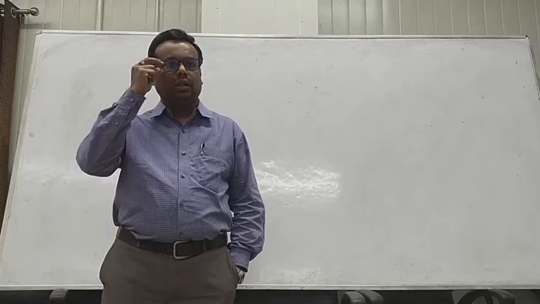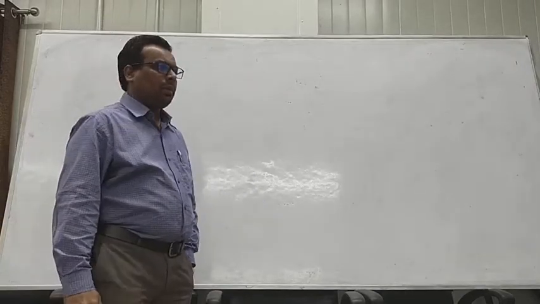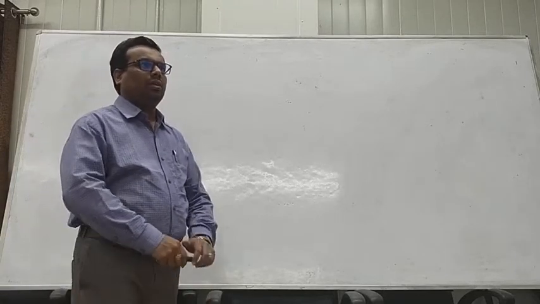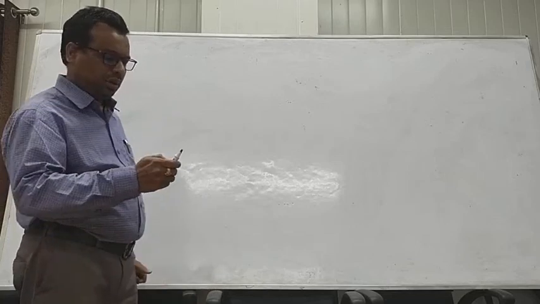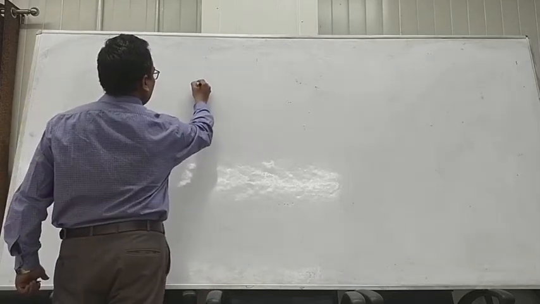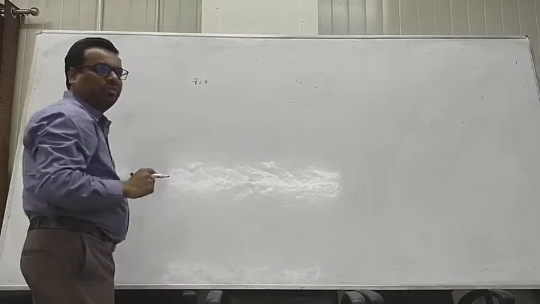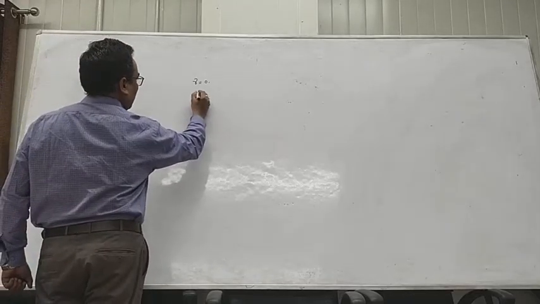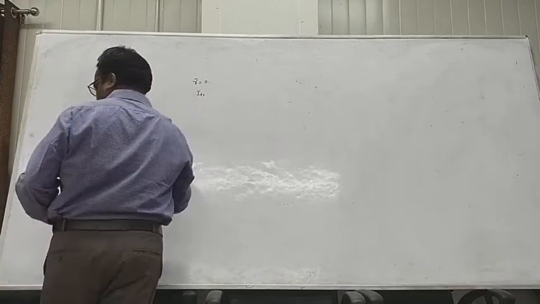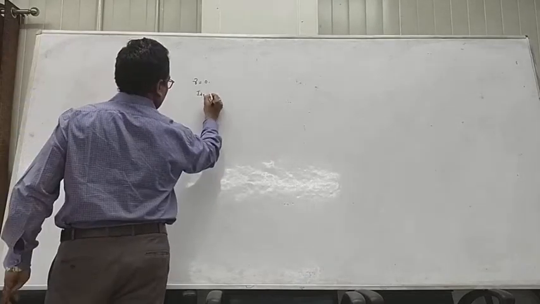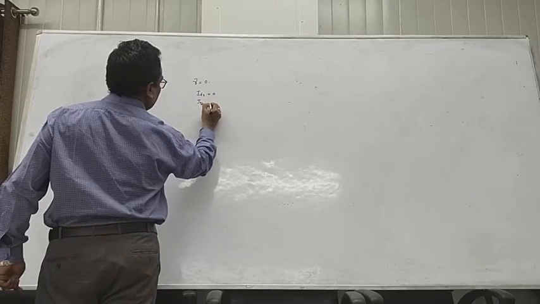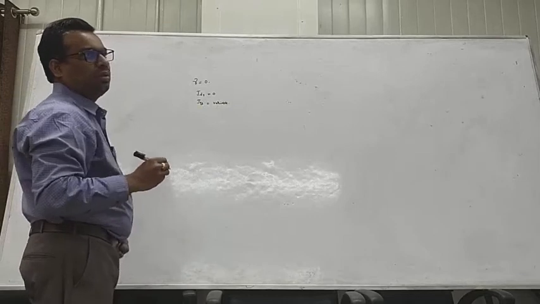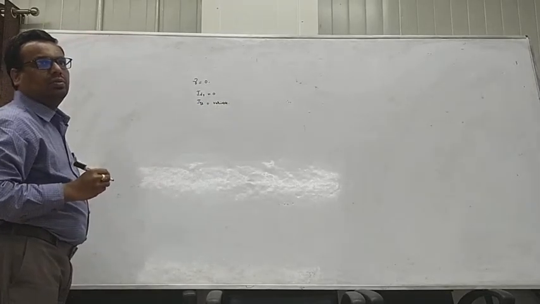In the last class, I explained the vector control of the synchronous motor drive. In that vector control, the condition is that the angle gamma is equal to 0. When gamma is equal to 0, the component IDS is equal to 0 and IQS is variable. Under this condition, there are two methods to implement the vector control of the synchronous motor drive.